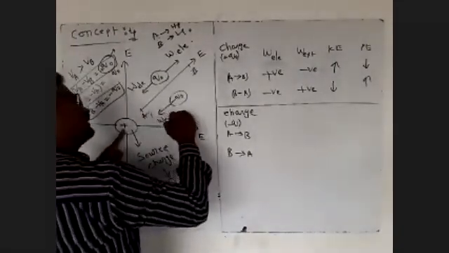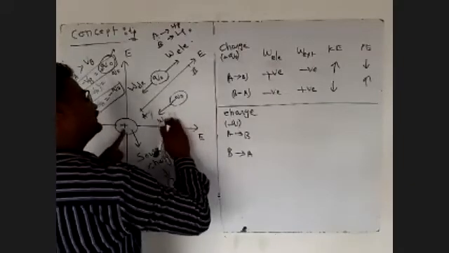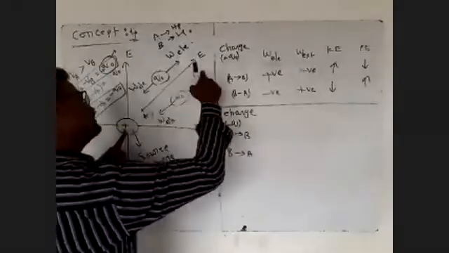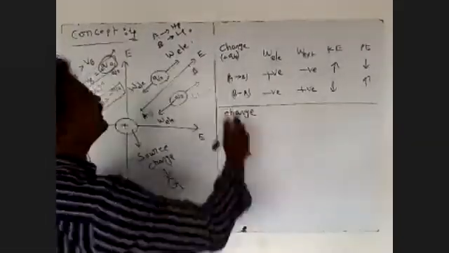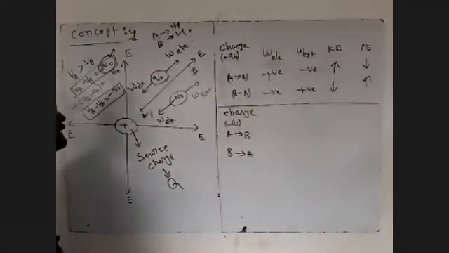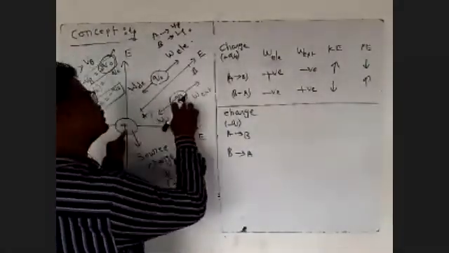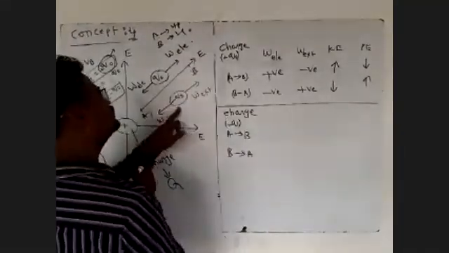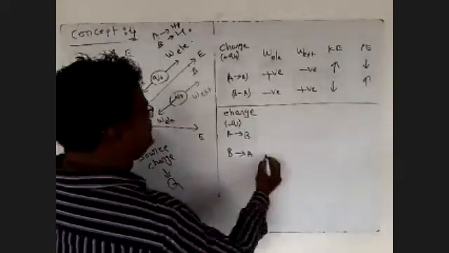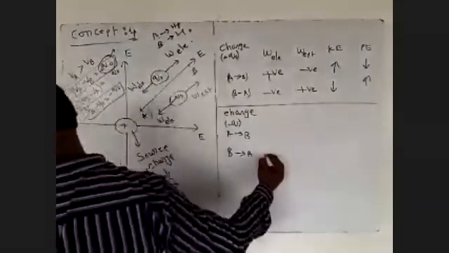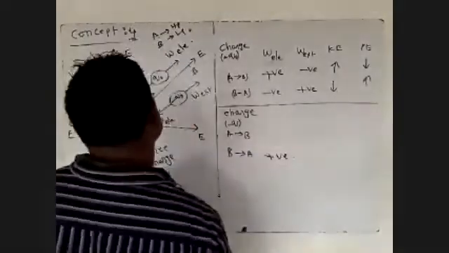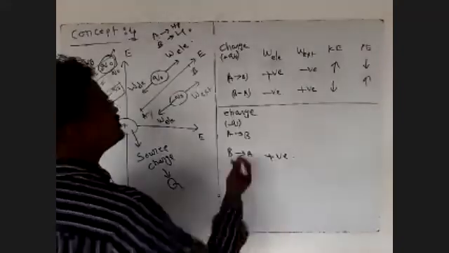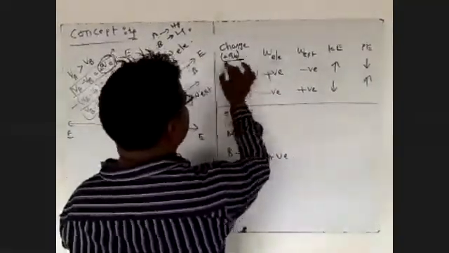This is W due to the electric field. The charge is moved from A to B, so this is W external. This is a positive charge and this is a negative charge. The positive charge will attract the negative charge in this direction. It is moved from B to A.